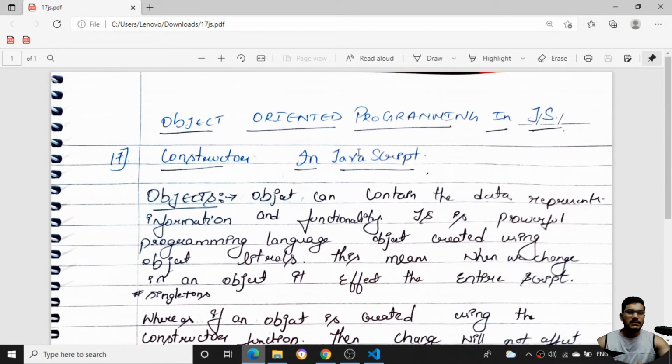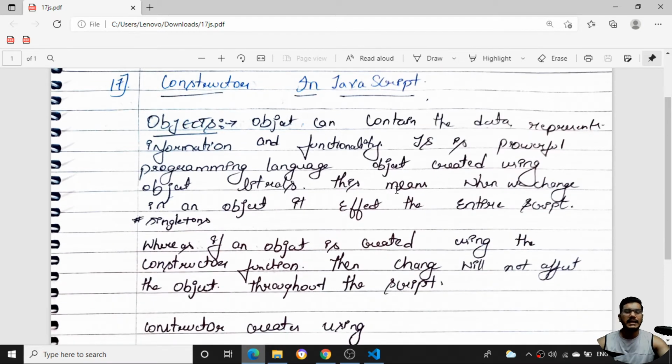You can see in JavaScript, everything is based on objects, and maximum we'll deal with objects. So what is an object? An object basically contains data representing information and functionality, and it is very powerful. We can make objects using object literals and make our entire script very powerful, and we can change the particular object whenever we need.